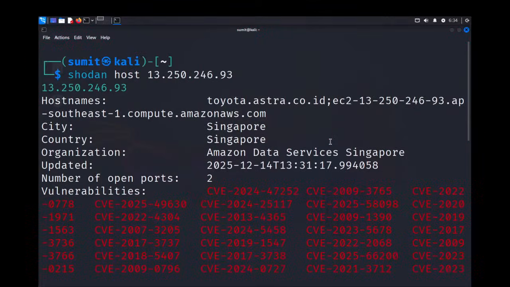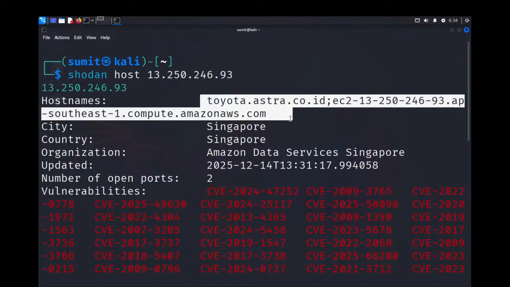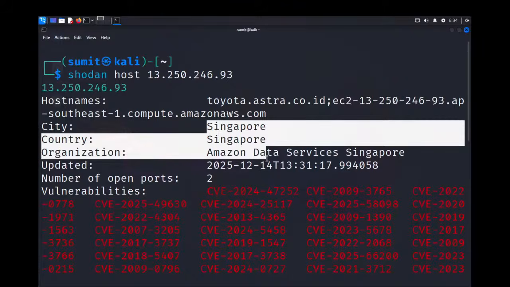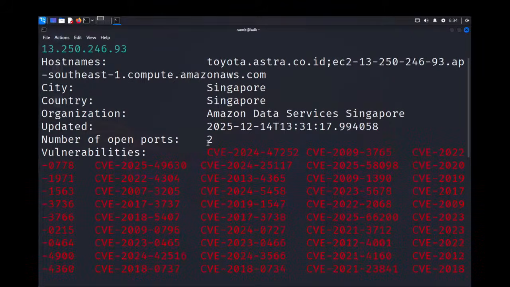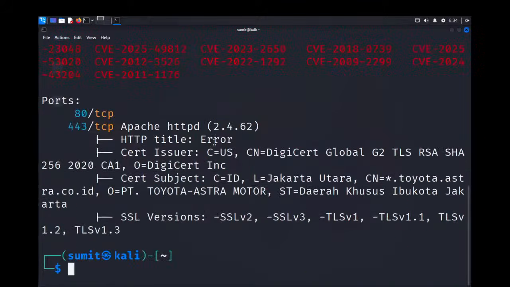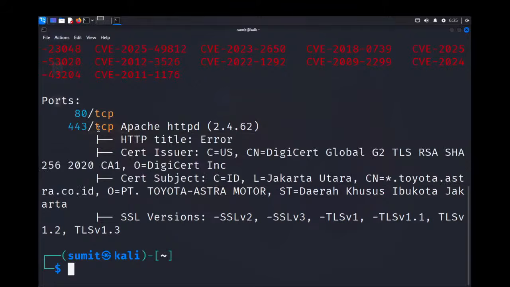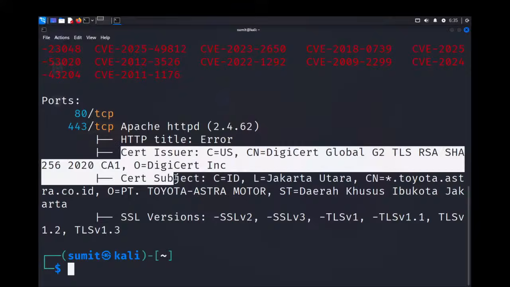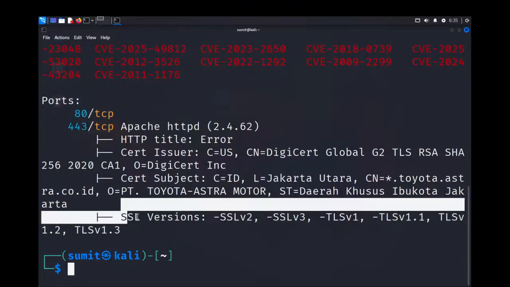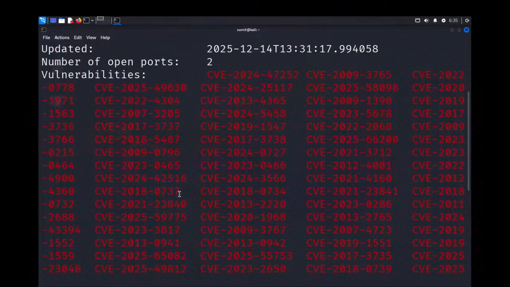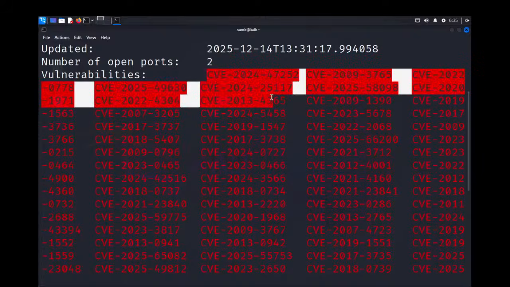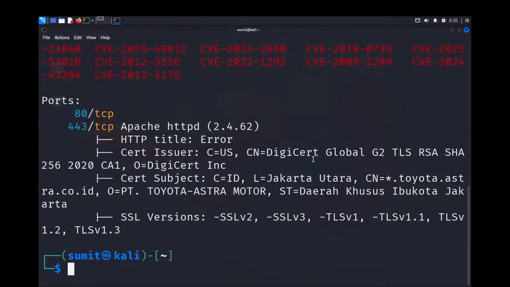Like this IP belongs to this particular organization, and the city, country, organization, and number of open ports. So two ports are open, and these are the ports, with some additional information about those ports, like what is running: Apache HTTPD version number, the title, the certificate issuer, certificate subject, SSL version, or some possible CVEs as well. So these all are listed under the